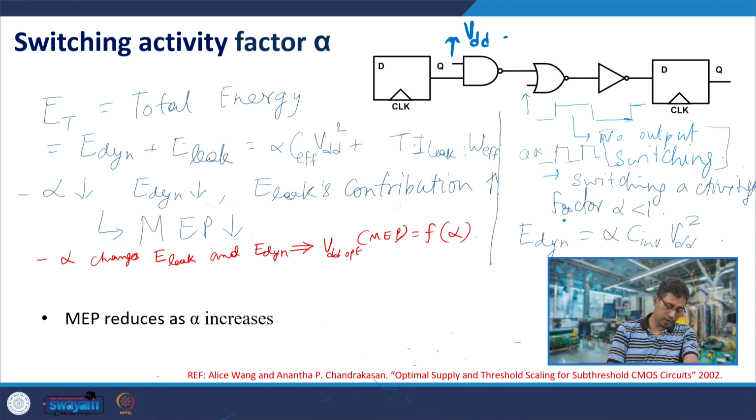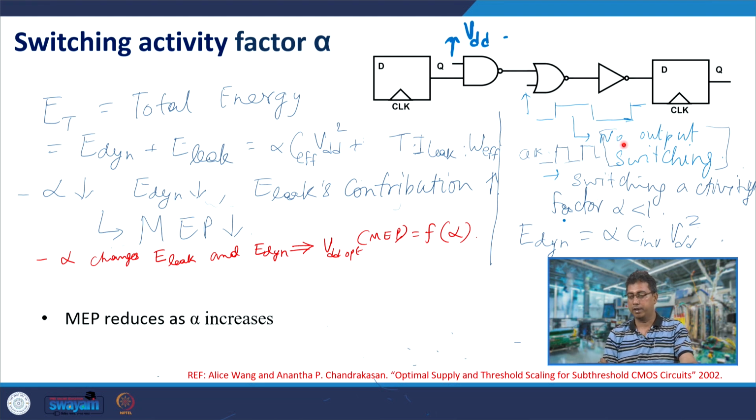So, what is this switching activity factor? Let us discuss briefly. Let us take this example data path. Let us keep one of the inputs of the NAND gate at VDD permanently, and the input of the NOR gate is given a signal of this kind, having a time period which is larger than the clock time period. Then whenever this input is 1, there is no output switching. So, for the inverter, if we take an average over several clock cycles,